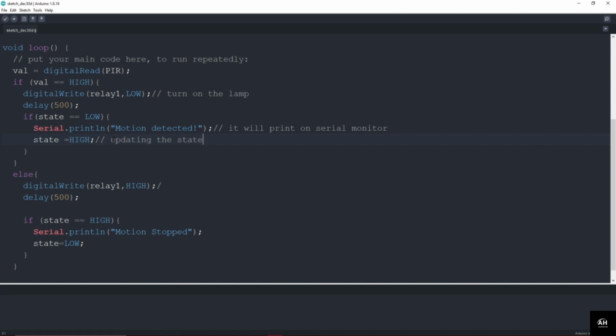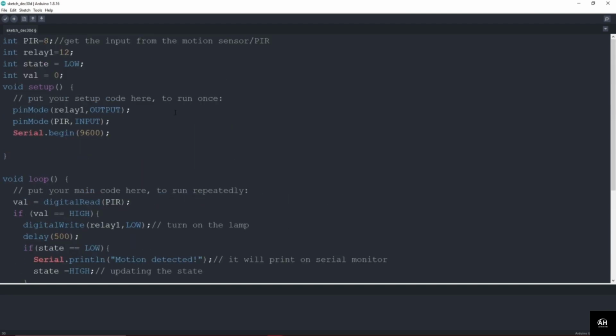So state, and here we are just turning off the lamp, turn off the lamp, and it will be printing out the output, and at the last line we are just updating the state again,